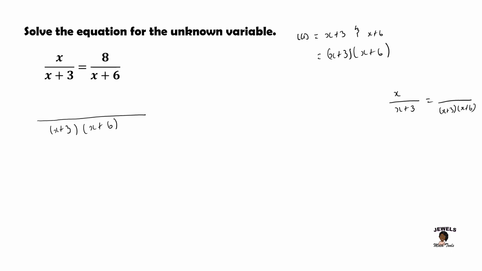So when looking at our denominator, we're going to be canceling out what they have in common. So we've got x plus 3 and x plus 6. And remember that we are multiplying these terms, so the x plus 3 will cancel, x plus 3 will cancel,